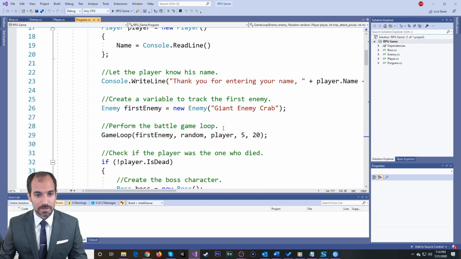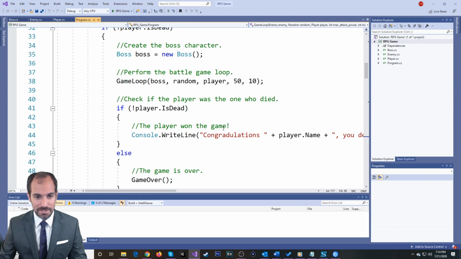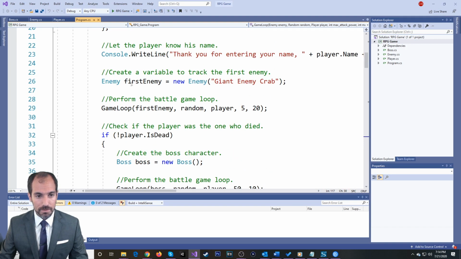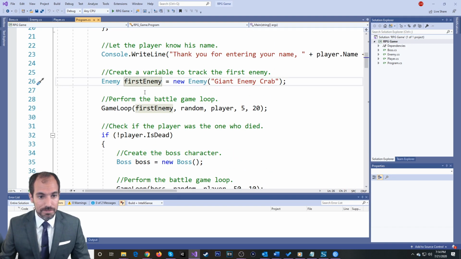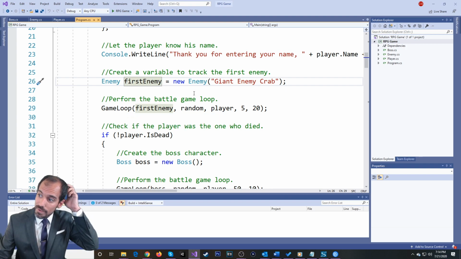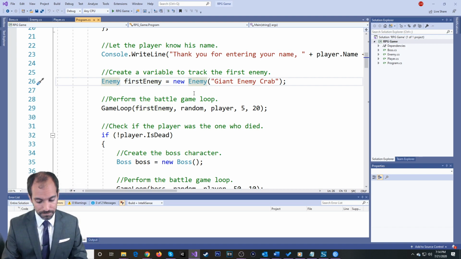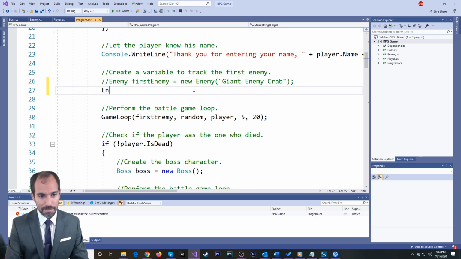Where we left off, we could do a whole entire battle between the giant enemy crab and the boss character. So here we have our first enemy. We create him into an enemy, and then we do stuff inside the game loop. So let's say, just for the purposes of causing an issue, let's comment out that line, and I'm going to say enemy first enemy